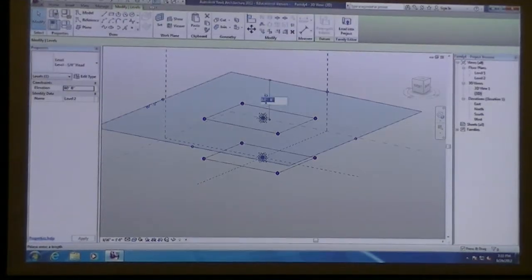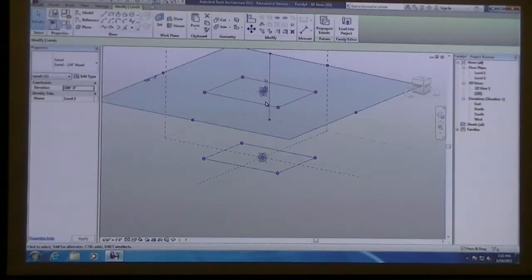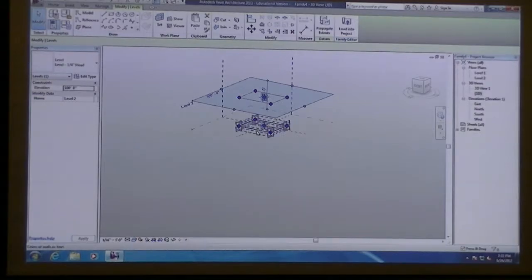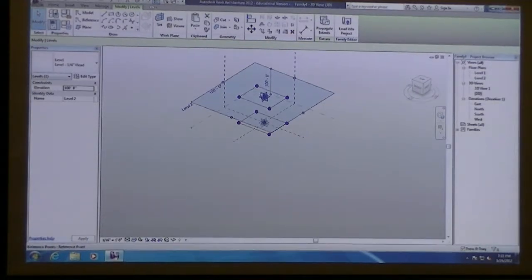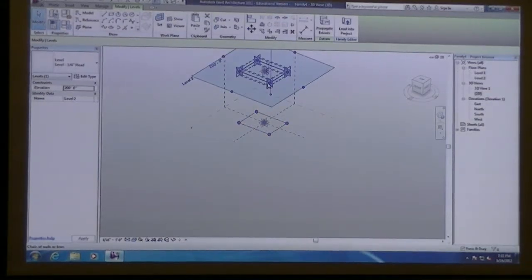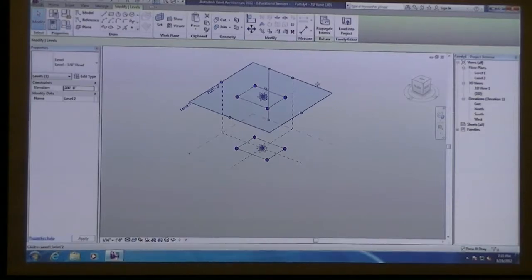So those act separate of one another? Yeah. Okay. So now it's just a copy, but the one on top and the one on bottom do not have a relationship. They only have a relationship to that reference plane. If you were to connect a line from one point to the other, would it do that as well? Yeah. Okay. Yeah, so I'm going to exaggerate this a little bit, made it like 200 feet apart.